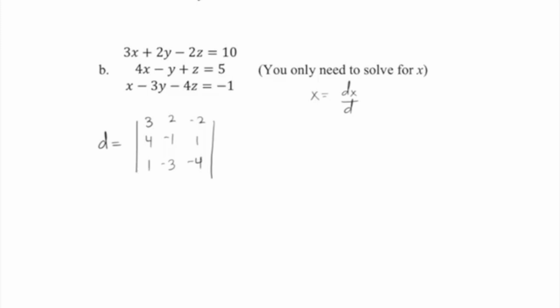Now in class, there were two different ways presented to find the determinant of a 3 by 3 matrix. You can use either way. I'm going to use this method where these first two columns are copied to the right side over here. We have 3, 4, 1, and 2, -1, -3. Now,